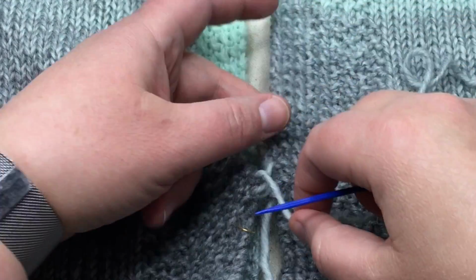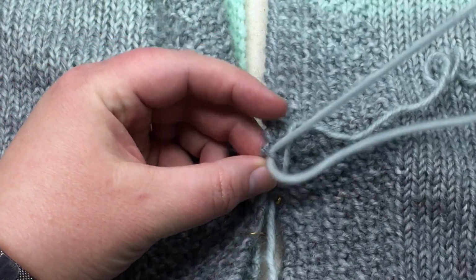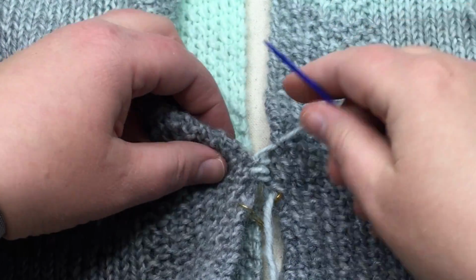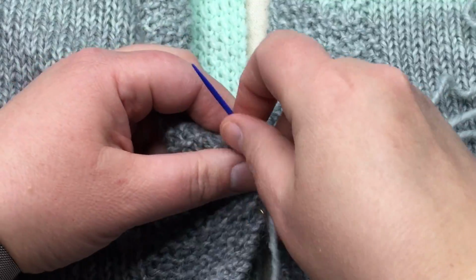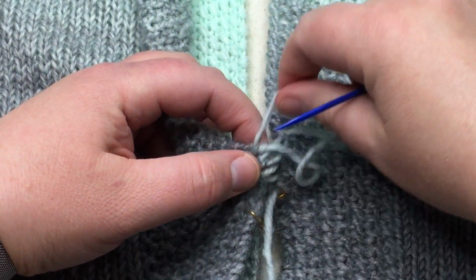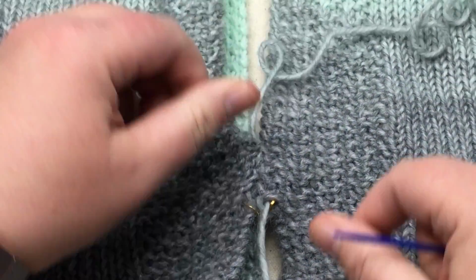And we'll do one more and I'll show you the magic in this. So go through this purl bump and then this set on this side. So you see it has this sort of lacing up. Okay, and now what I do is I'm going to pull on this, and you can see how it just